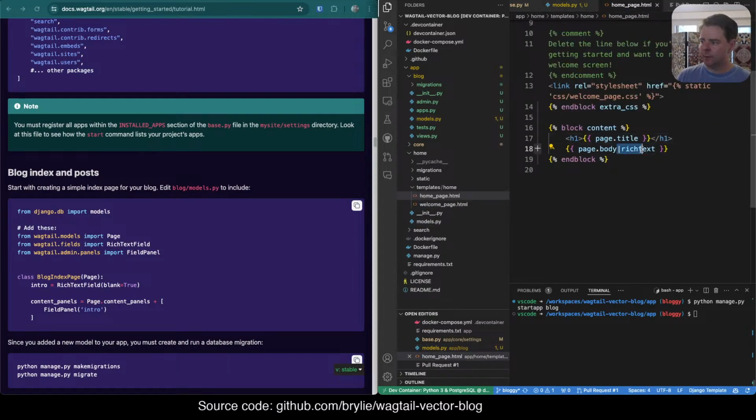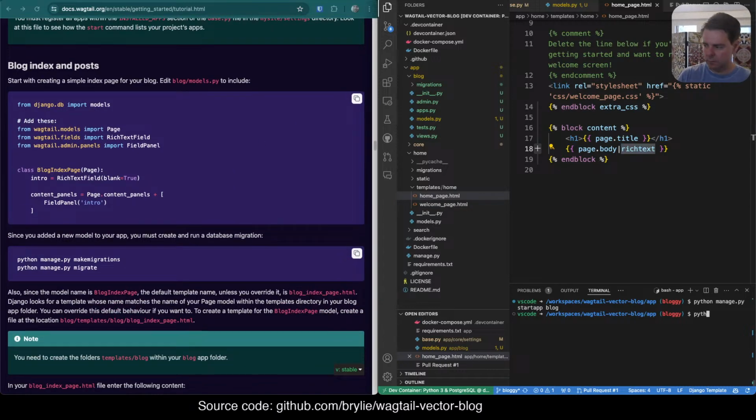We'll pipe it to this rich text helper, and basically this is HTML, and it could be insecure. We don't know the source of the HTML, so by default, Django won't render that HTML unless you pipe it to a helper that says, okay, this is safe and it's actually rich text. So we don't want the raw tags, we want to render it like it would be. So we're going to make migrations,